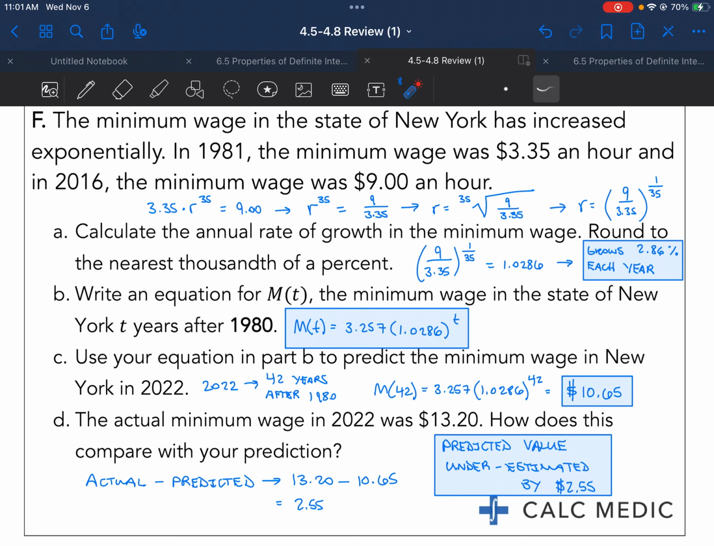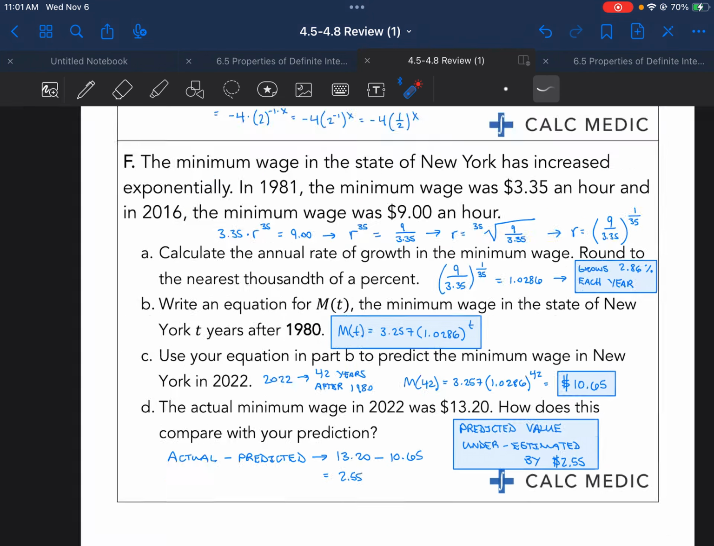That gives us a difference of $2.55. So our predicted value underestimated the true value by $2.55. All right,